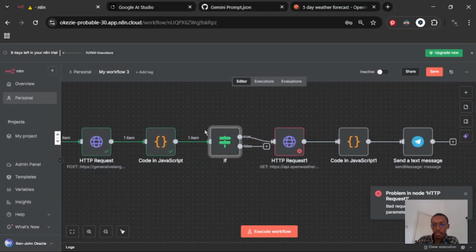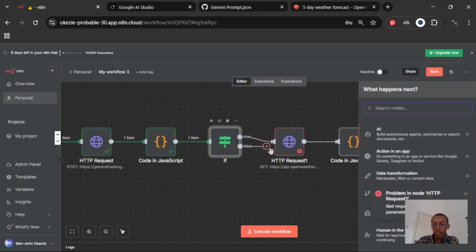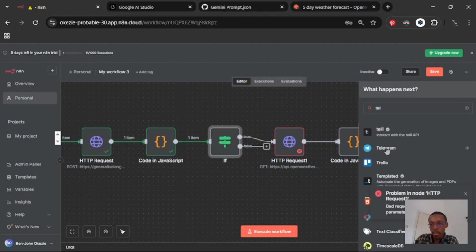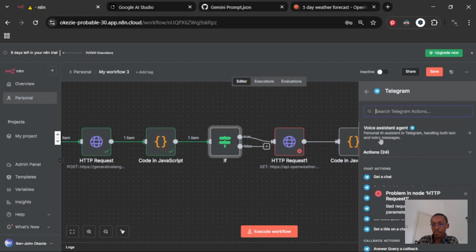Now it ensures that if there is a valid date and valid location, then the process continues. If there is no valid date and valid location, we can add another node. We can add a response node, send message,